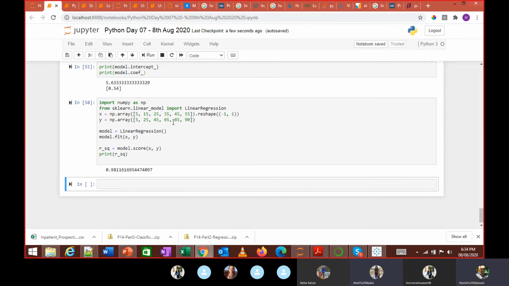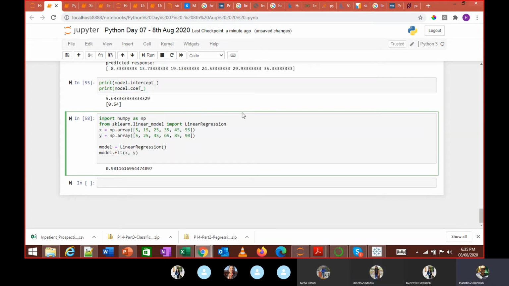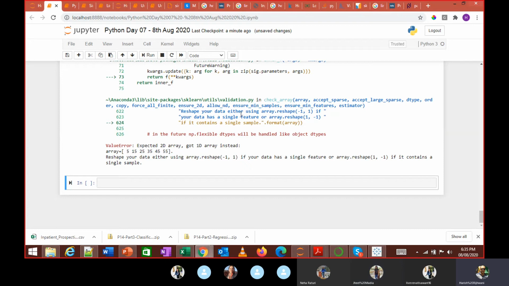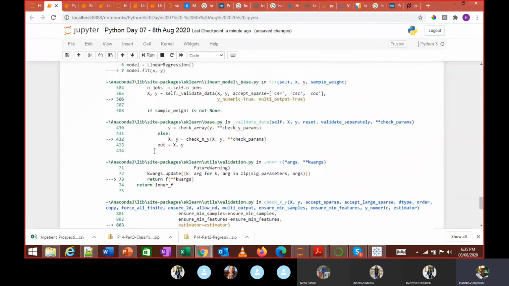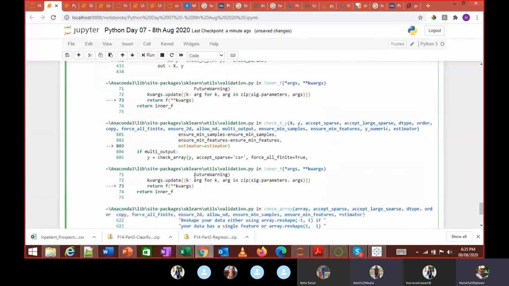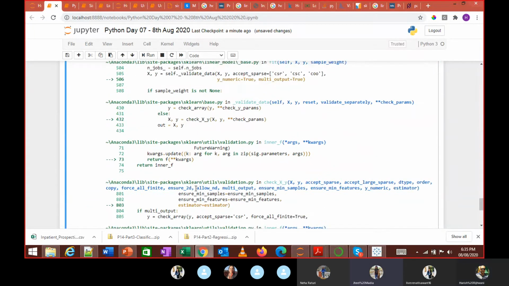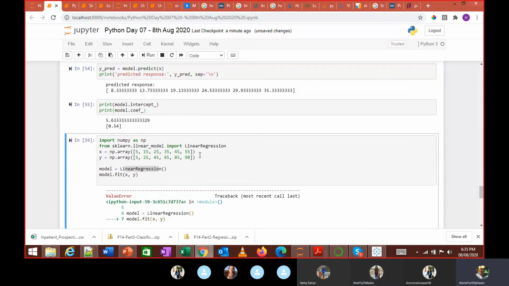I'm sorry, but I'm asking too many questions. But why do we do this reshape? Why do we want the array to be in a vertical format? Let's say I remove this reshape. I am going to get an error because this linear regression function which has been written expects a 2D array. That is why this x value has to be a 2D array.